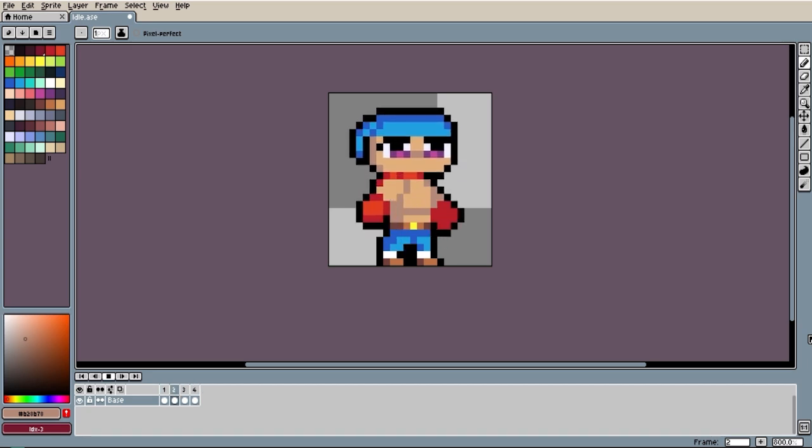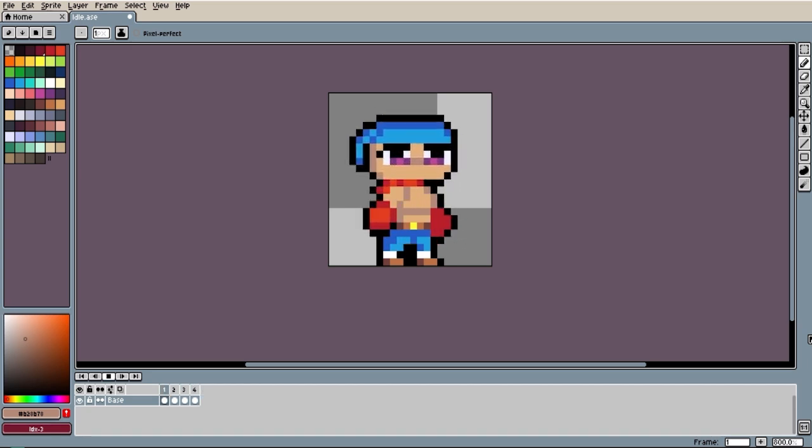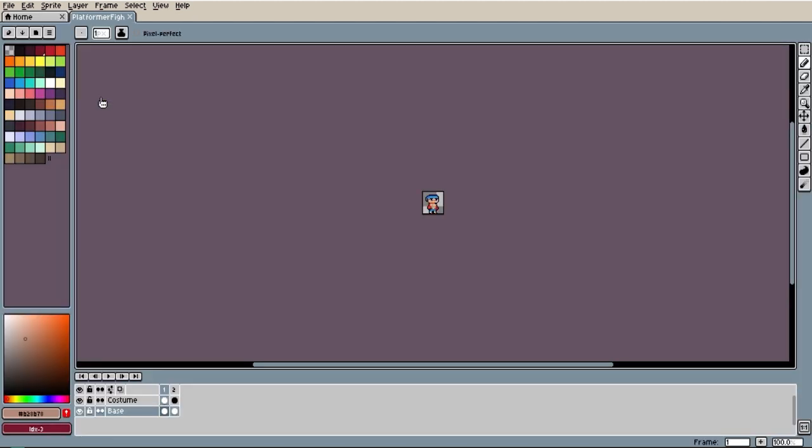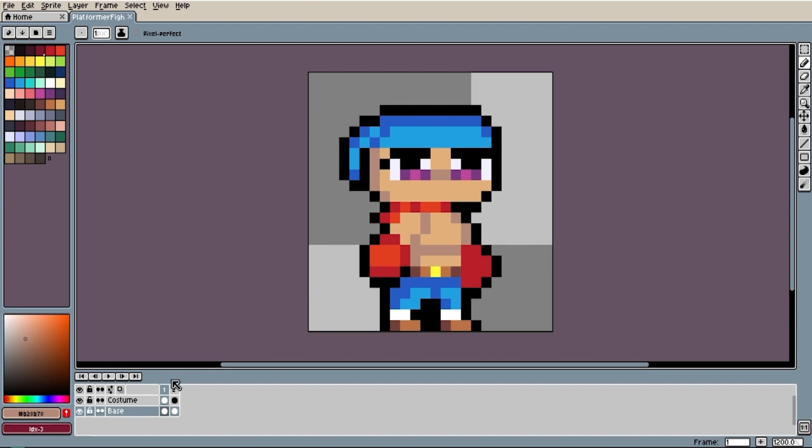In this lecture, we're going to be taking a look at how we can design an idle animation for our fantasy characters. All right, so to begin this lecture, I'm going to start by grabbing a character that we created to actually create our animations from. So the character that I'm choosing to use is the platformer style fighter character that I created in a previous lecture. So I've opened up my character file,